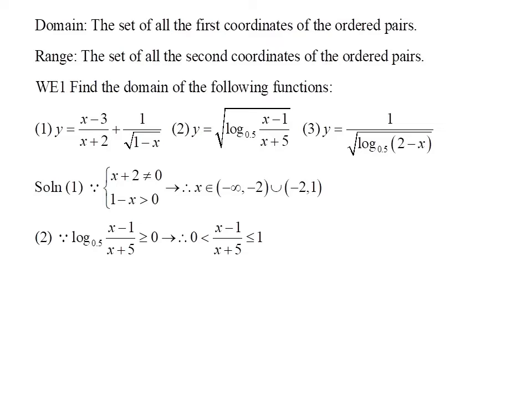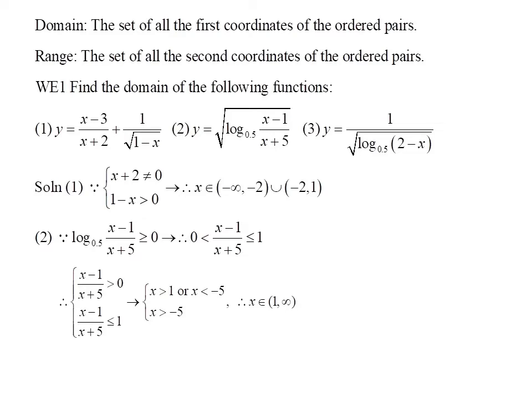To make the log base 0.5 of (x minus 1) over (x plus 5) greater than or equal to 0, the logarithmic argument must be between 0 and 1. Hence, we have two simultaneous inequalities established, and by solving them,